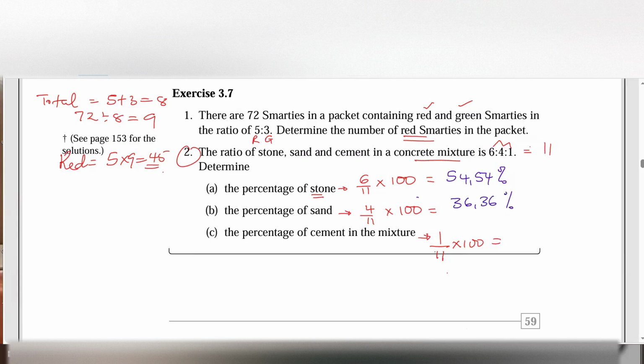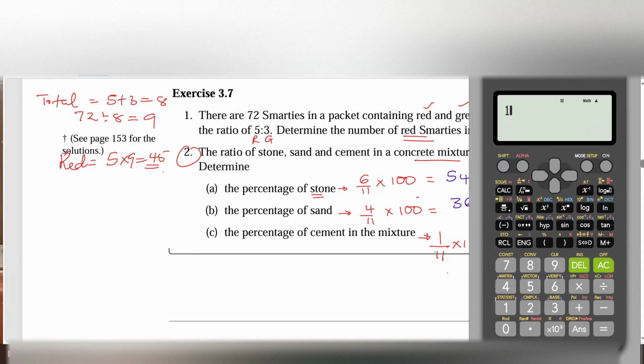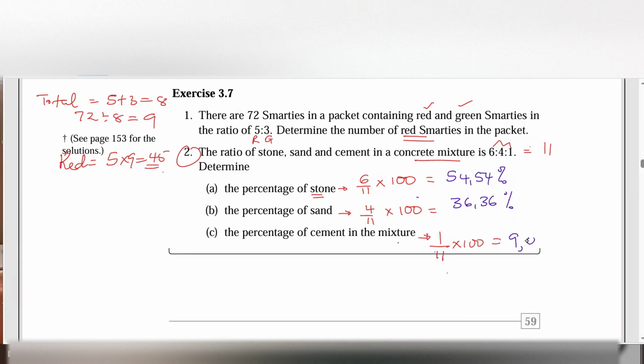Okay, that's a percent. And then lastly, we have 1/11. We are multiplying this by 100. What this becomes is 9.09... I don't know if that makes sense, 9.0909 and so on. All right, so that is how we were going to have it. I know when you add this up, they could have just a difference of maybe point something, which we can really cater for. Okay. Now, that is exercise